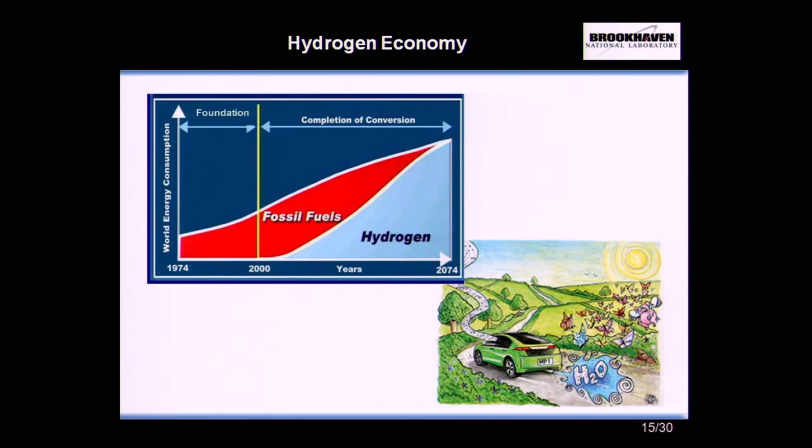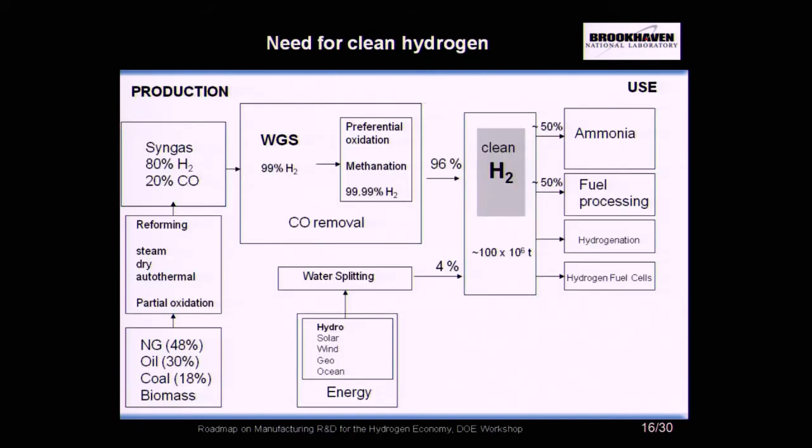Even though we haven't reached that stage where we have replaced all the fossil fuels with hydrogen, we still need plenty of hydrogen around. On a yearly basis, hundreds of millions of tons of hydrogen are produced for use in the chemical industry. Very little goes to the few hydrogen fuel cell cars that are driving across our roads. Half of it goes, in fact, to the synthesis of ammonia. More than 2% of the global energy consumption is devoted to this process. About the other half goes to the treatment of fuel for the generation of the gasoline that we use in